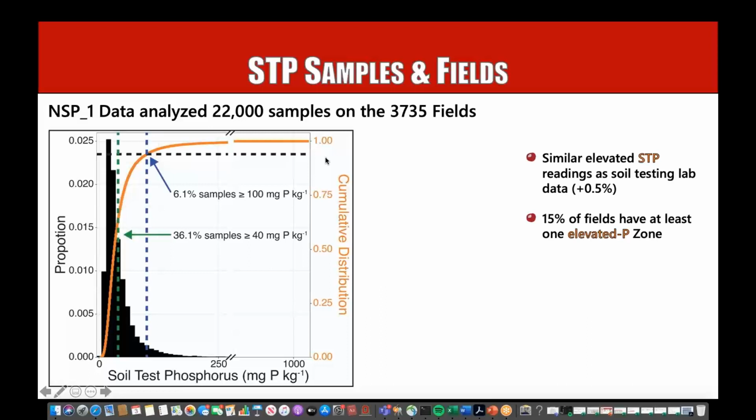Some of the encouraging news, I guess, is that by far the majority of the fields are below the agronomic rates. Only 36% are above the agronomic rates. That means that, got to do some math here, but 64% almost are below that agronomic rate. So just looking at some distributions here of soil test phosphorus and some of the initial fields we looked at.